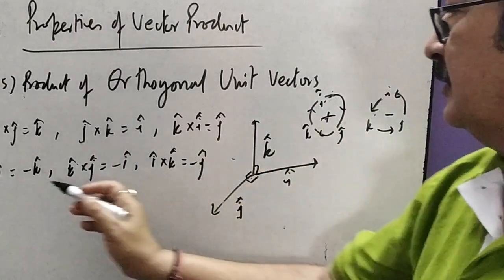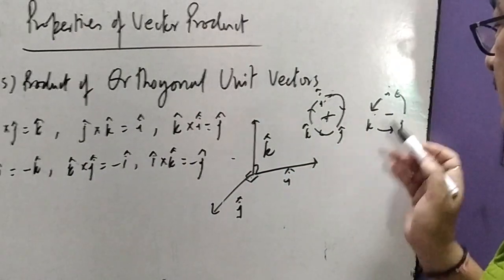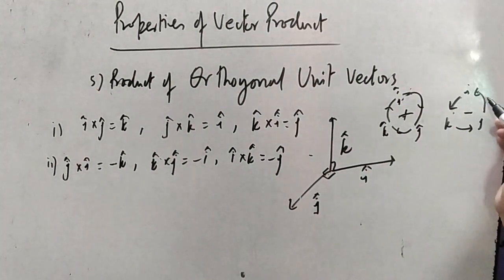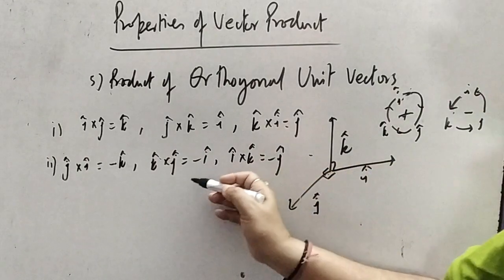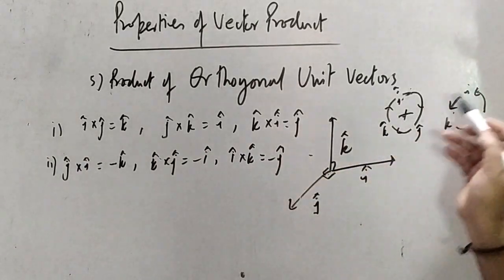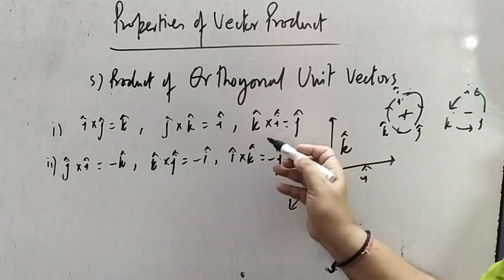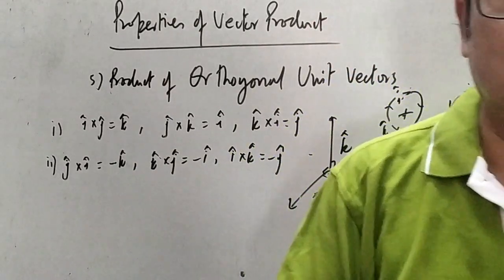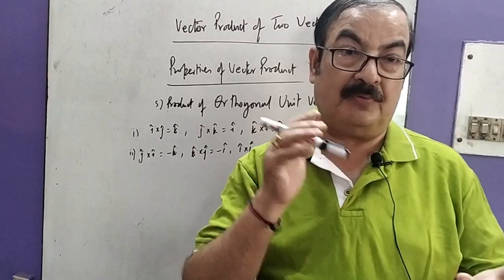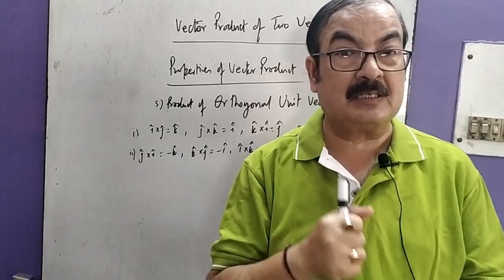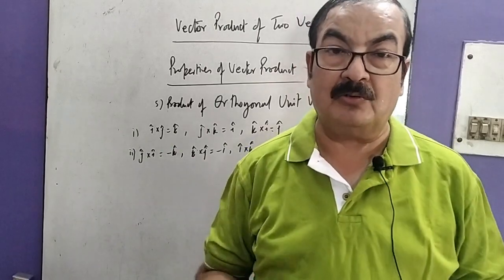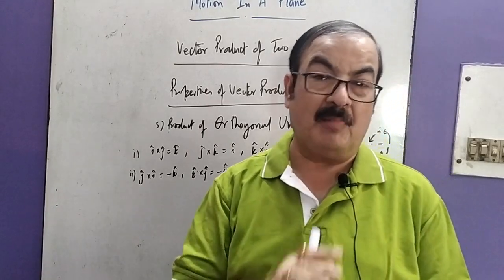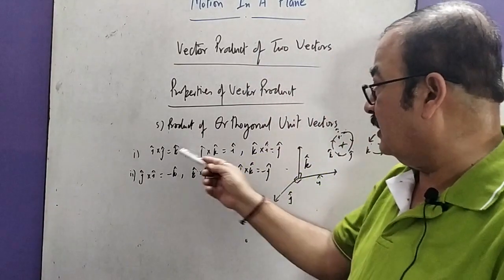यहाँ देख सकते हैं j के बाद i क्या आएगा, k विथ माइनस साइन. k और j के बाद अगला i आएगा, बट विथ माइनस साइन. अगर मैं नेक्स्ट देखूं i and k, just opposite to this, here we again get minus j. This can also be understood with the first law or first property, where we have seen that a cross b is never equal to b cross a. But on the other hand, we have also seen that a cross b is equal to minus b cross a. The same thing appears here.